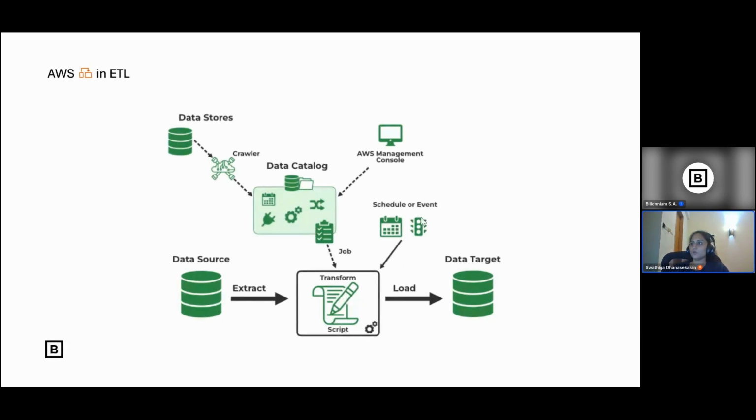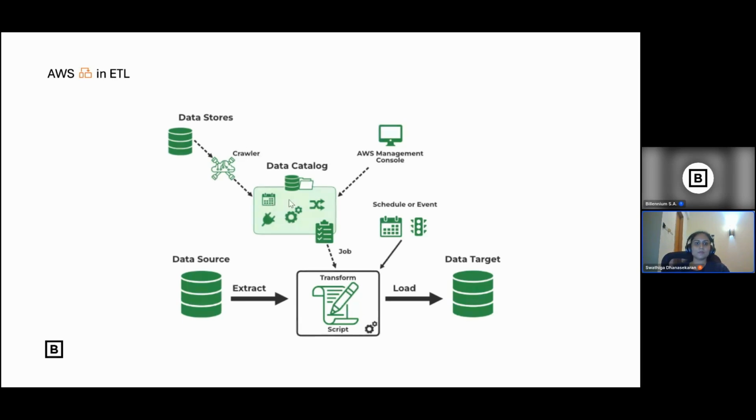Scheduling events, optimizing the ETL process, automating and optimizing the ETL process. What are the benefits of this architecture? Scalability: it is designed to handle large-scale data processing, and it reduces manual effort with triggers and schedules, like doing the automation. It supports various AWS services and external systems, and metadata management is centralized through the